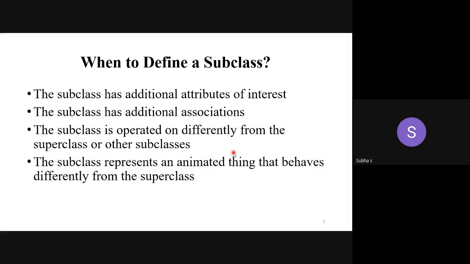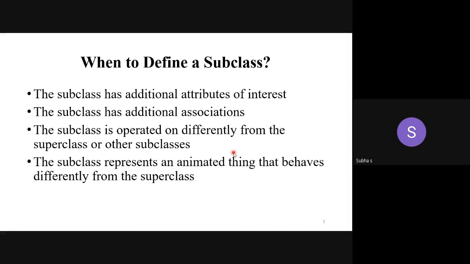Next, when we have to define the subclass, there are some conditions. Suppose under payment, if you are having some other non-related item. So under payment, you are having cash payment, credit payment, and then check payment. Suppose you are having the fourth class as purchase item or product like that.